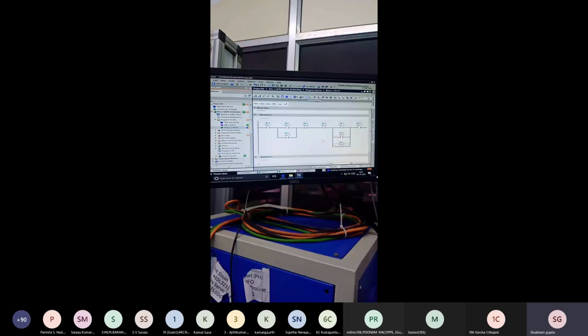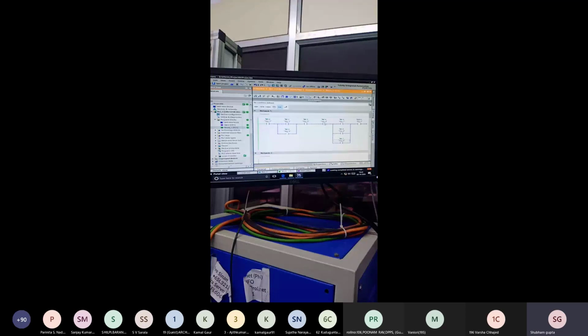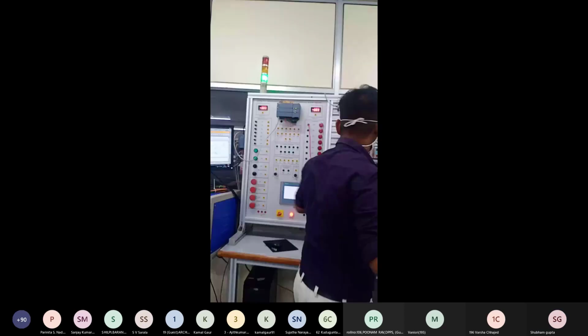Let's download it and show the output. How many inputs? 1, 2, 3, 4, 5, 6, 7, 8. Okay. Let's connect.